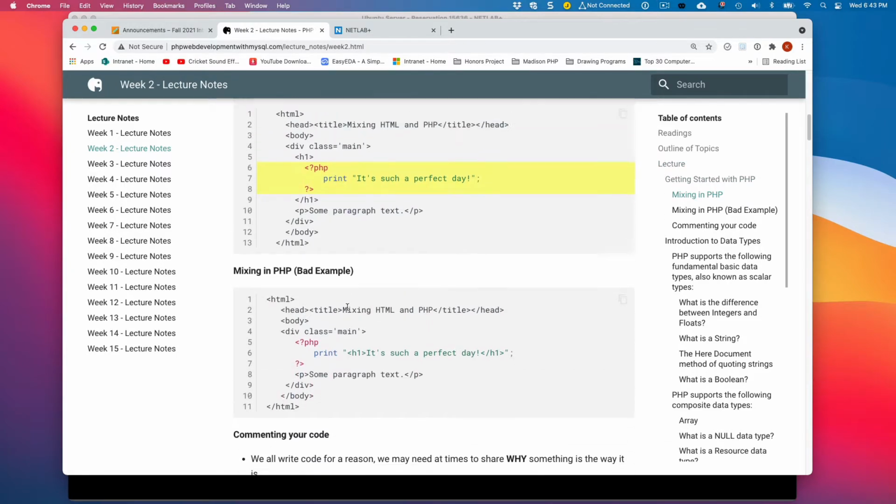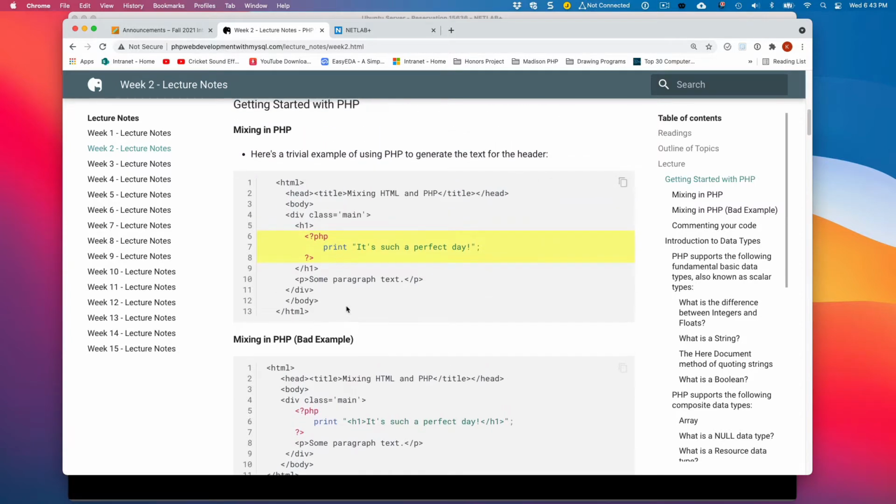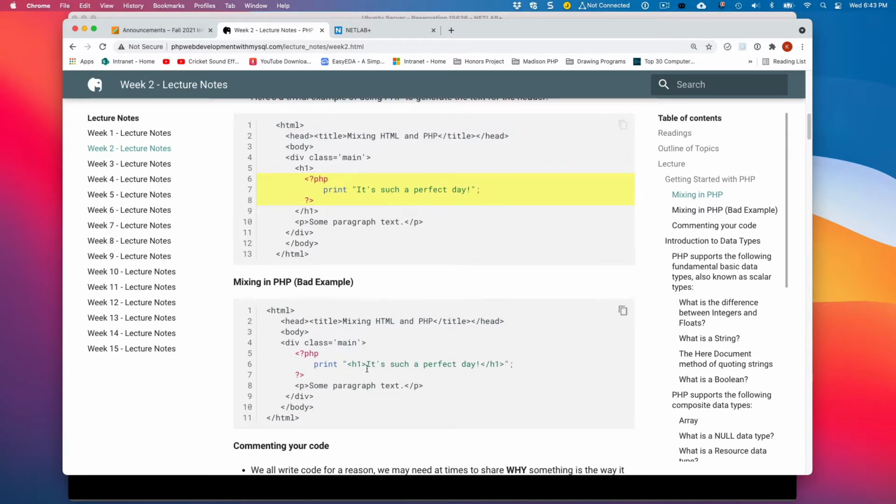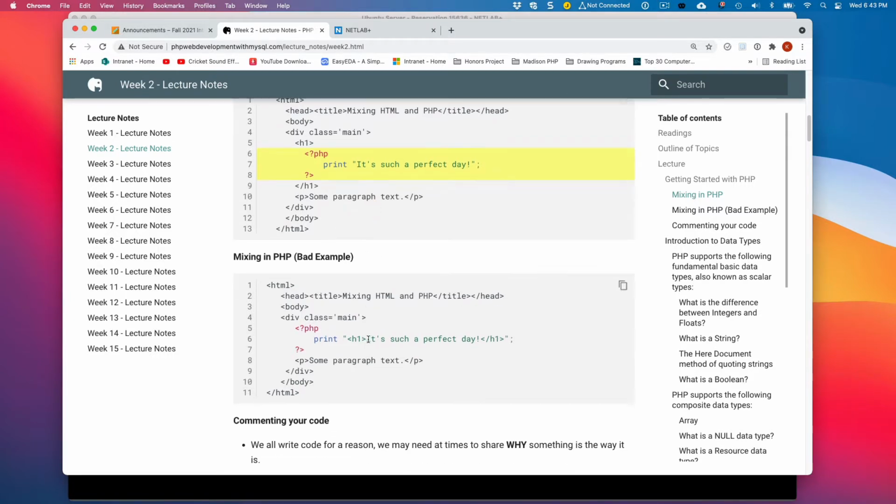I've got here an example, and here I have a bad example. I usually like to ask my students when I teach face to face, what's the difference between this and this one above and this example down here, and what makes it bad? What you'll notice is I'm including some style in here. And if at all possible, it's a good idea not to do that. You should be handling that in CSS, or that should be in straight HTML as much as possible.